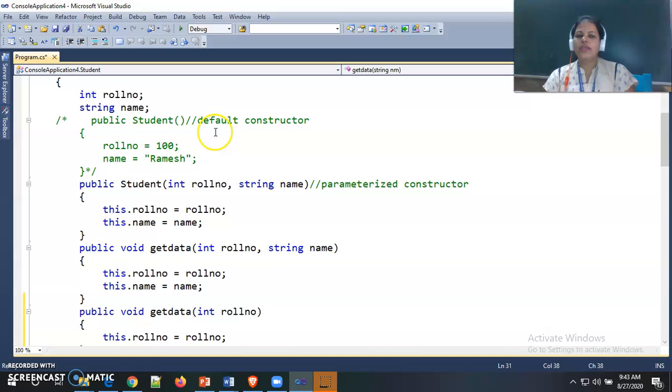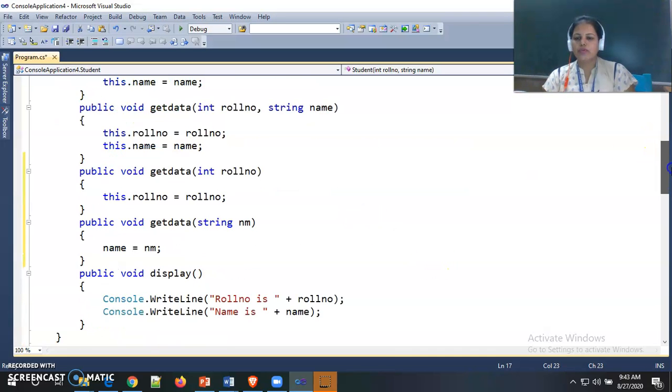Here we have already seen the default constructor and the parameterized constructor. Here also method overloading is present, and this method is special. That special method we call a constructor. See, here the method name is student, and here also the method name is student, but this one is without parameters and this one is with parameters. So this is the method overloading concept, and because this method is special, we call it constructor overloading. This is the concept behind method overloading.